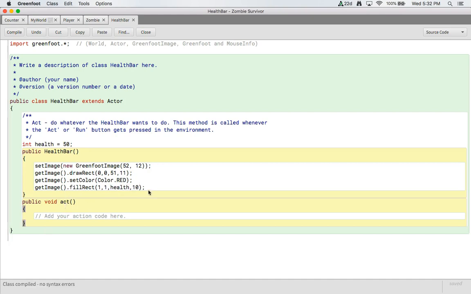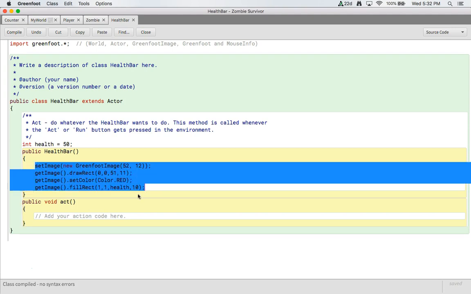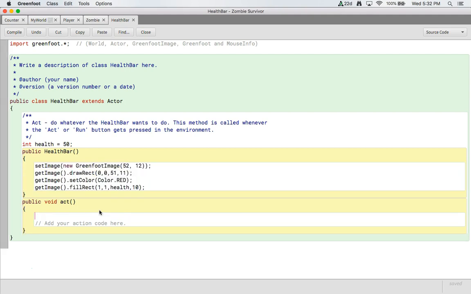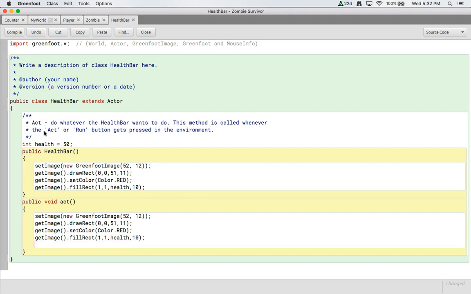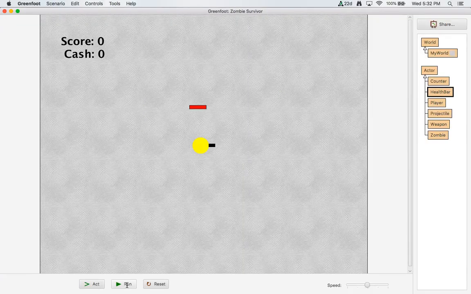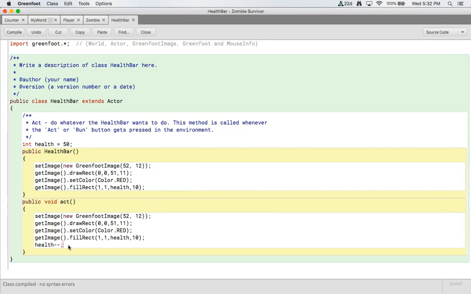Okay, and now we just need to figure out how we can get our health to go down. But we also want this to be active throughout our code, so we will also add this into the act method, similar to how we added in the counter. Now we just need to lower this variable health, and that will lower our value, and we're going to test that right here to make sure that we have that correctly. So when we add in our health bar and we run it, yes, it lowers correctly. That's exactly what we want to have happen,